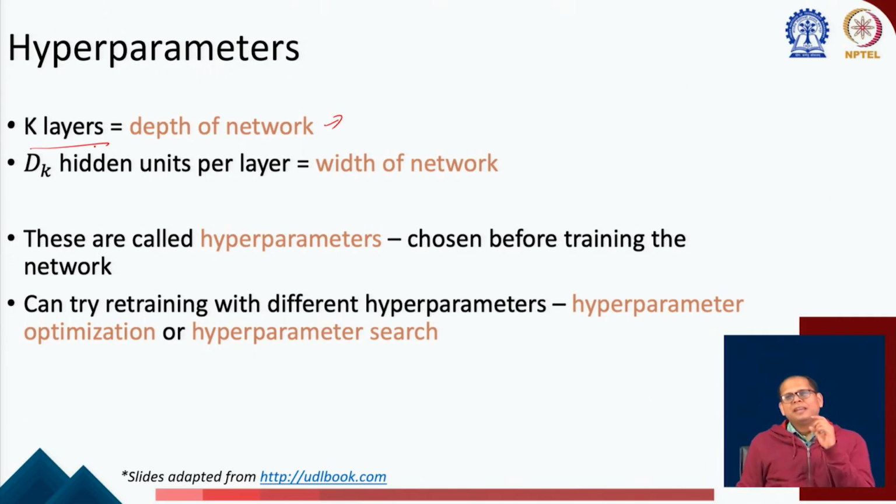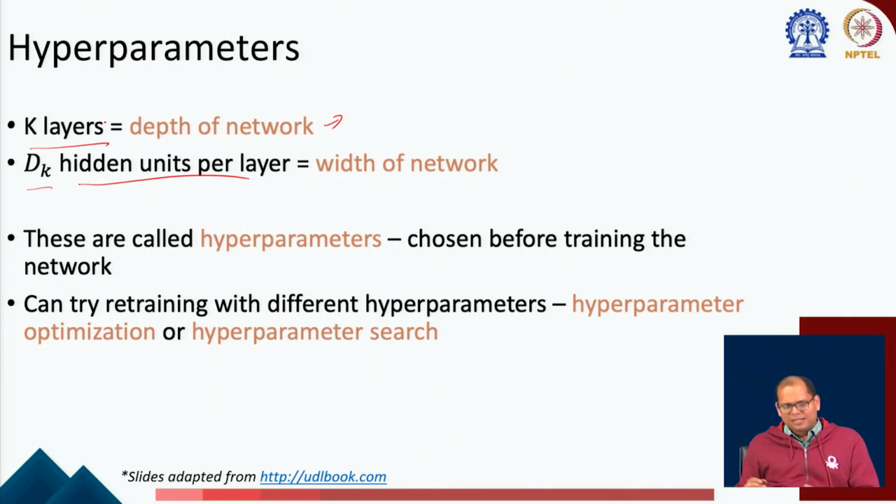And how many neurons do you have per layer? So, let us say you have dk hidden units per layer. This is the width of the network, how many neurons you are using in each layer, and then depth is the number of layers, right. And these are called hyperparameters. So, they are typically chosen before training, and you can vary these hyperparameters and see what is the impact on